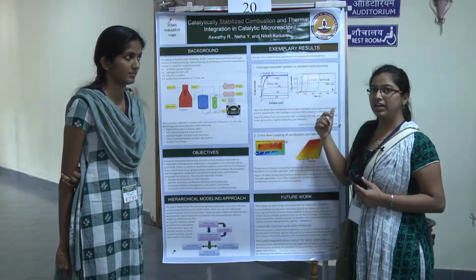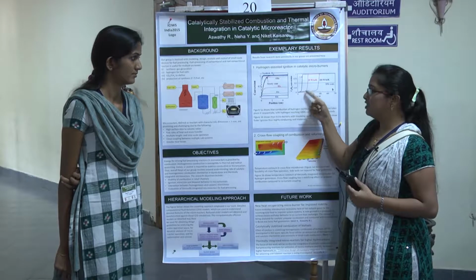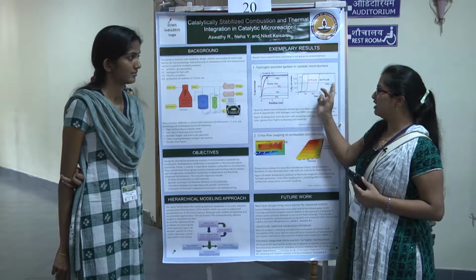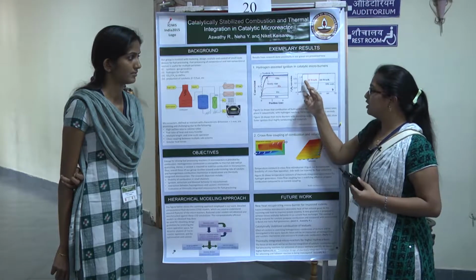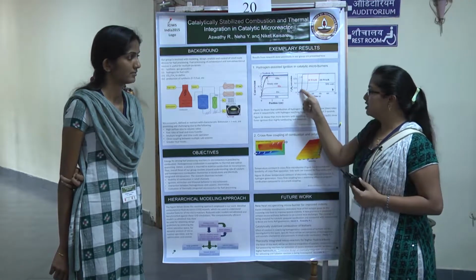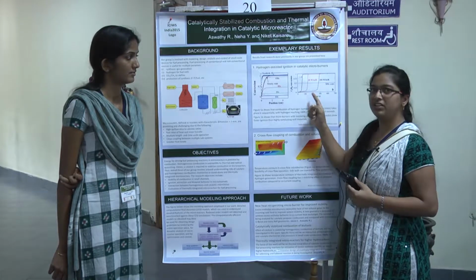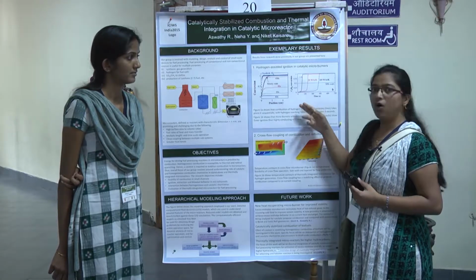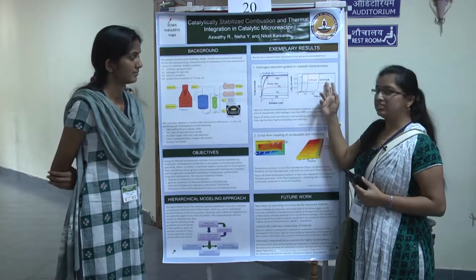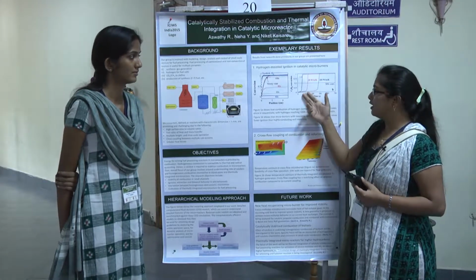We have also studied the effect of insulation on propane combustion. We went on varying the thermal conductivity of the wall. When the wall thermal conductivity is only 1, meaning it is well insulated, the conversion is found to be very high. It reaches 100% conversion very fast, because all the heat is well entrapped within the microreactor. When the thermal conductivity is increased, that means when the walls are highly conducting, it takes much more time to convert.